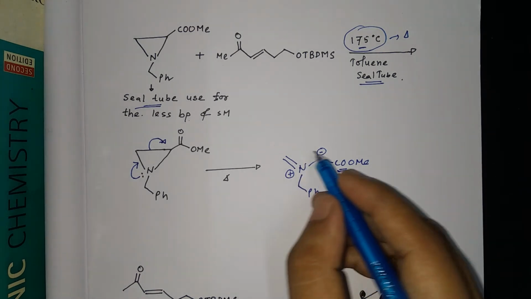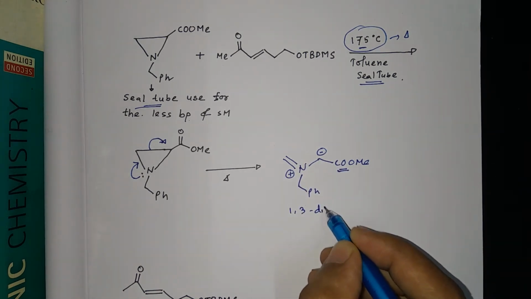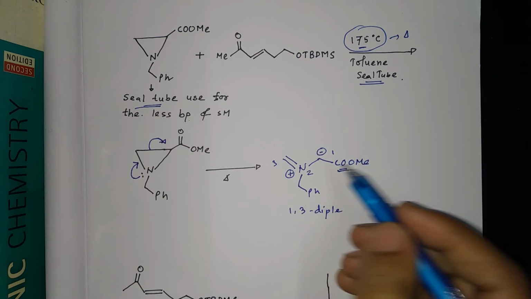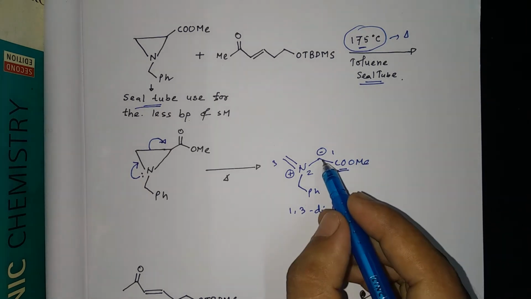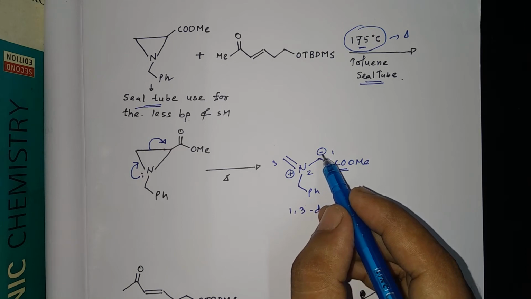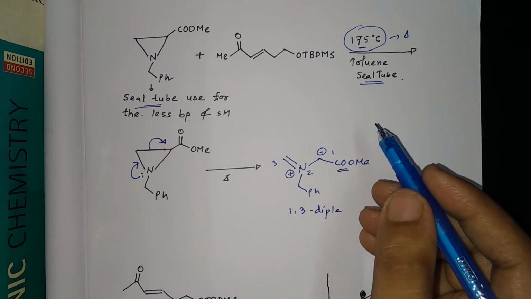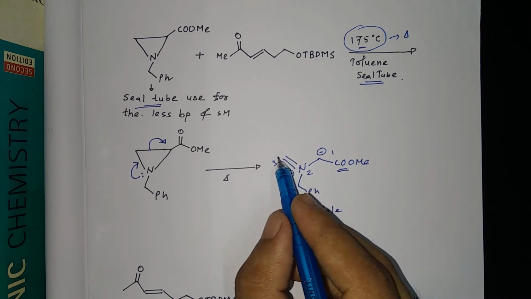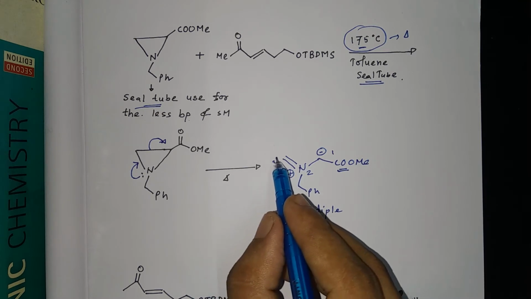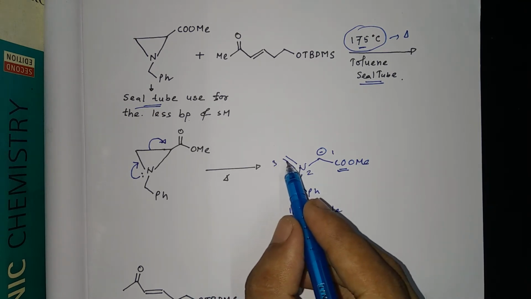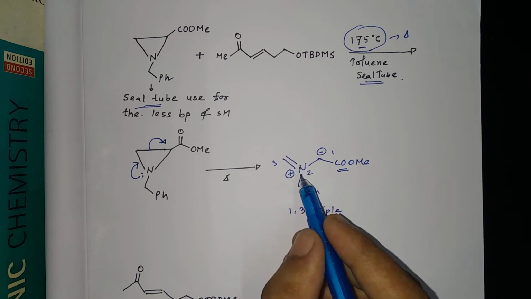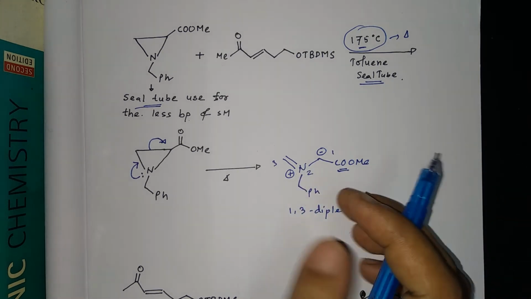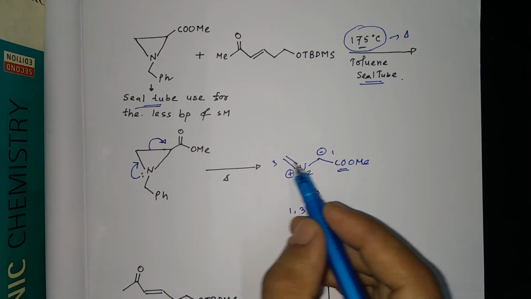Okay, so this is a 1,3 dipole. Why 1,3? Because it is a 1, 2, 3 dipole. So it can react as an electrophile and it can react as a nucleophile as well. Because see, this carbon is a nucleophilic end, because this negative charge can attack any of the electrophile, and this carbon acts as an electrophilic end, because it can take electron, and this C double bond N bond will break and the negative charge will come on the nitrogen, and this positive charge and the negative charge will cancel each other. So in that way it has a nucleophilic end and it has an electrophilic end.